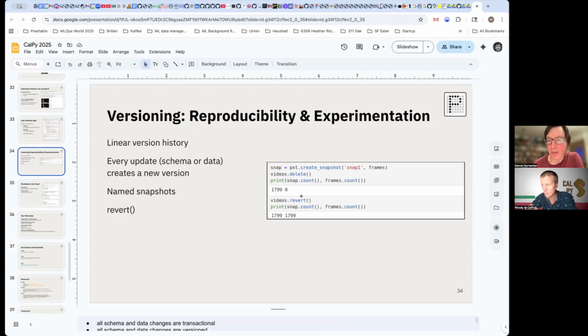Frames.count is 0, whereas the snapshot contains everything that was in it previously, as you can see. And then if you revert your changes on videos, this is again the base table of frames, you are also getting back all of the data in frames. And so you can see that it got restored to the previous state and now again contains almost 1800 frames.